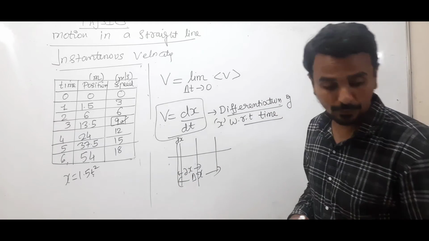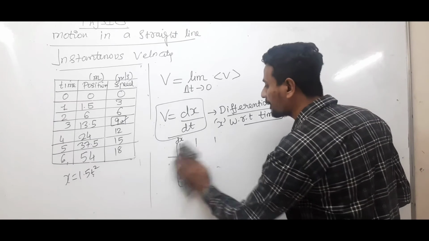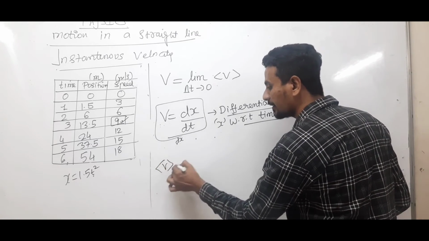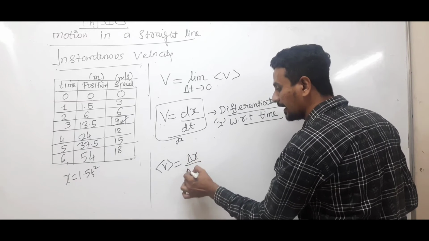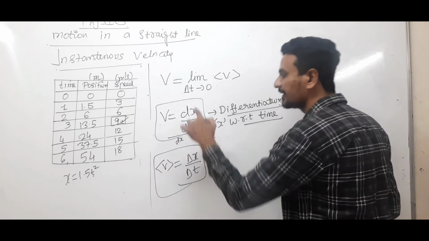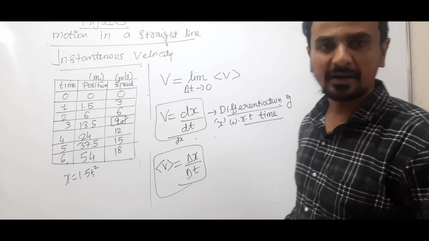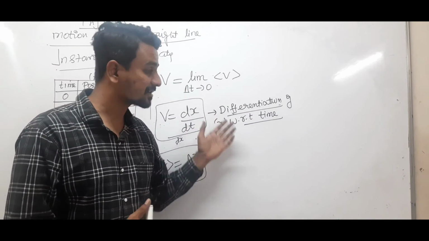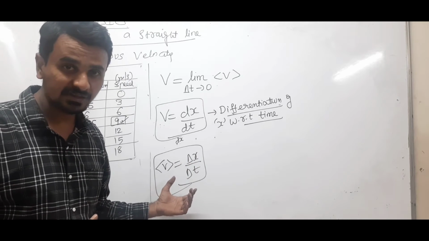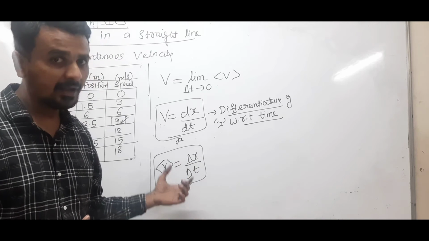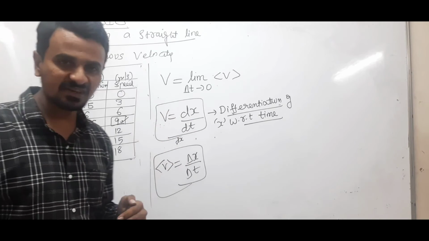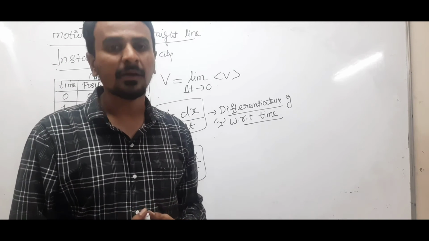See, don't make any mistake. There is a difference between instantaneous and average. Average is between two instants of time. This is delta x by delta t and this is dx by dt. Now, what is the basic difference? This is just the notation. If you are being told to write average velocity, you write it as delta x by delta t, and instantaneous you write it by dx by dt, where dx by dt means differentiation of x with respect to time.